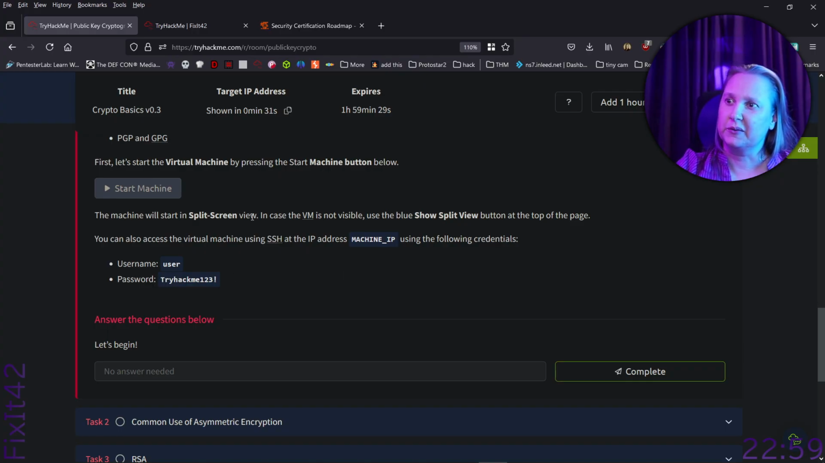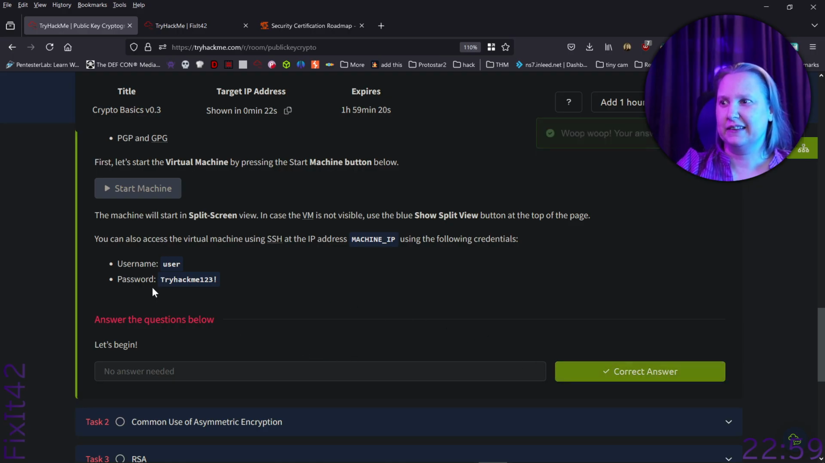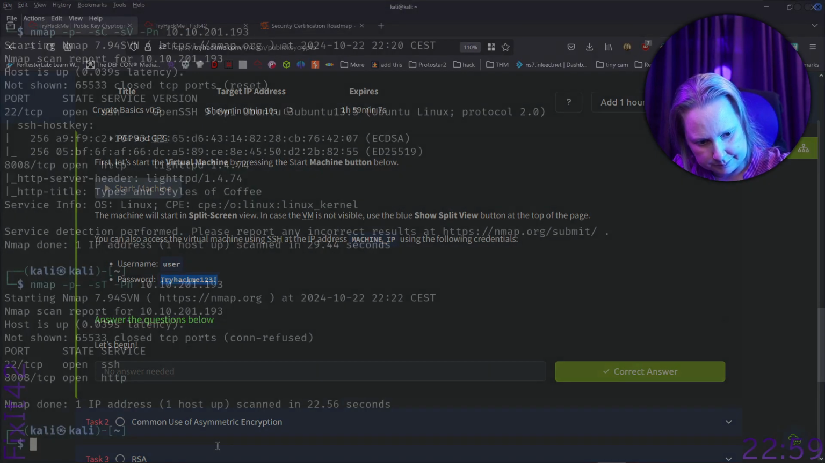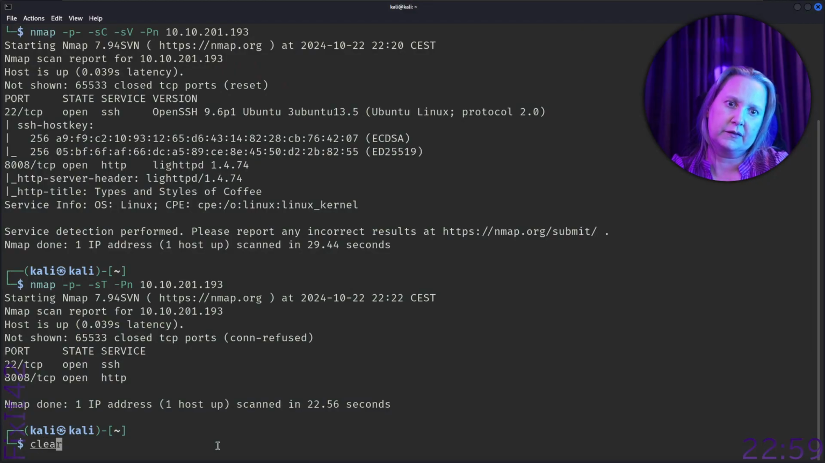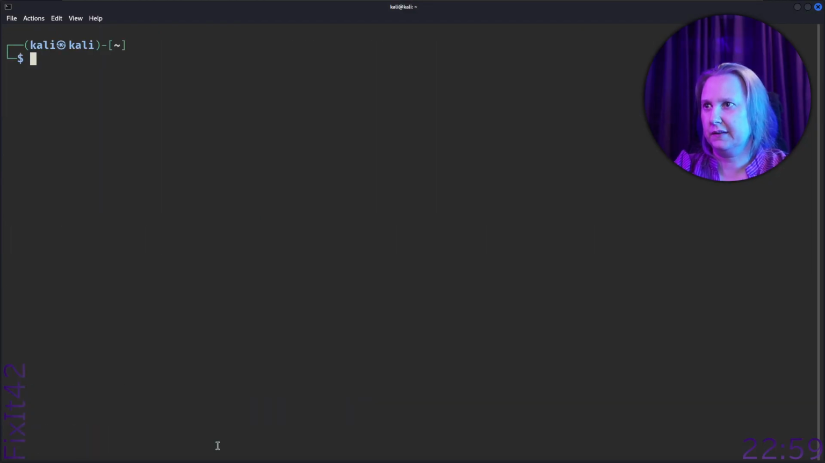Should we start in split screen? You can also access my SSH. I'm happy. So let's click this and copy the user, the password. I guess I should wait a few seconds, right, and actually type the command. So let's clear and SSH user at